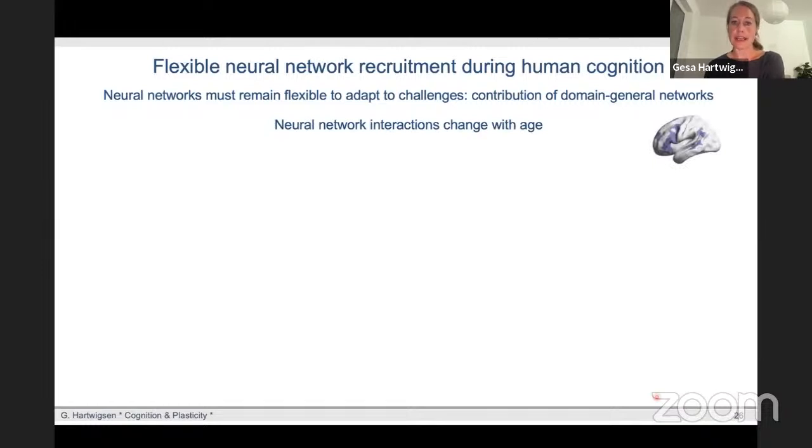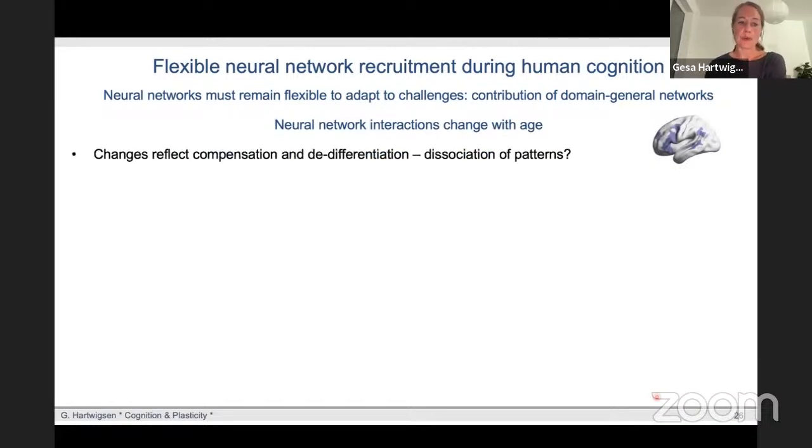We see that neural network interactions change as we age, and some of the changes may reflect compensation, so are adaptive and are associated with preserved or better performance, whereas other changes may reflect a cognitive decline, and this is sometimes referred to as network dedifferentiation. And what remains to be done in the future, and what I want to contribute to, is a dissociation of these patterns. So dissect those patterns that are really compensatory from those that reflect the cognitive decline. Because I think if we know what is good and what is bad, then we can probably also use facilitatory non-invasive brain stimulation to support